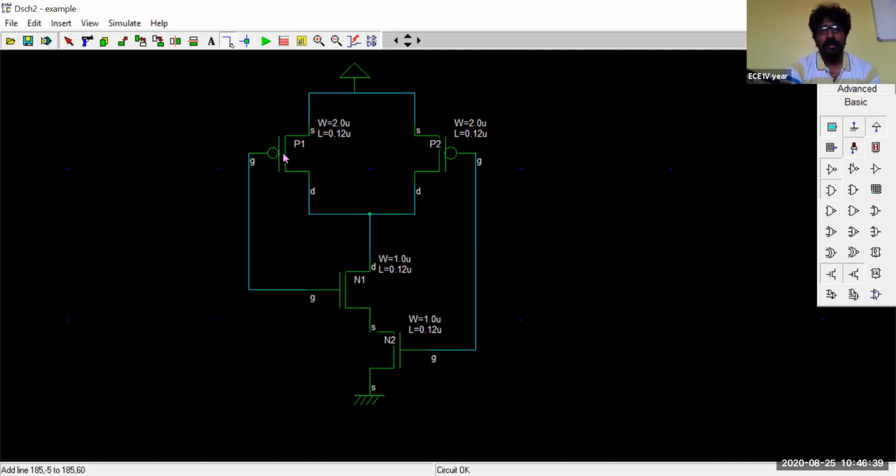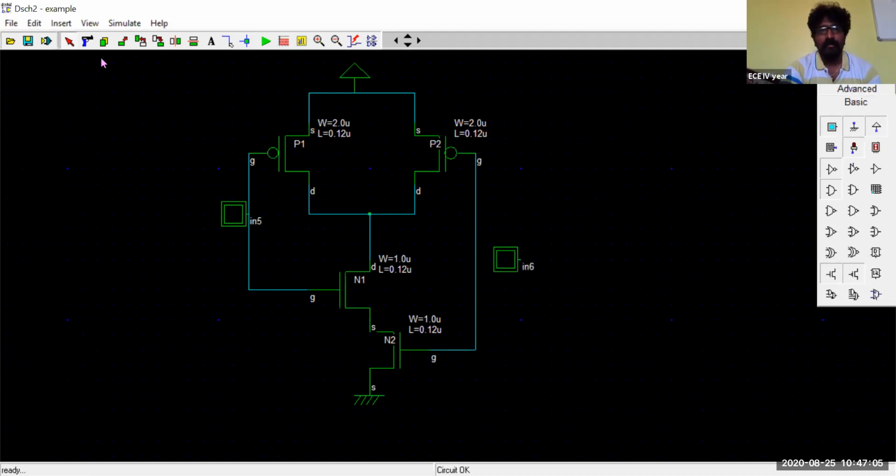And I have connected the gate terminal of P1 to the gate terminal of N1. And in a similar fashion, I have connected the gate terminal of P2 to the gate terminal of N2. Now try to give the inputs A and B. This button is being used here. Drag that button and put it here. And in a similar way here also.